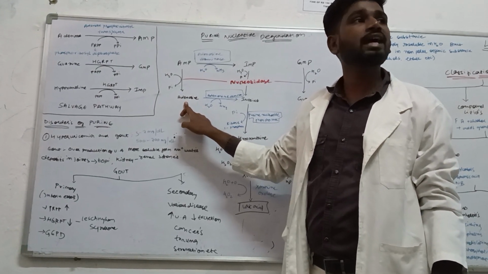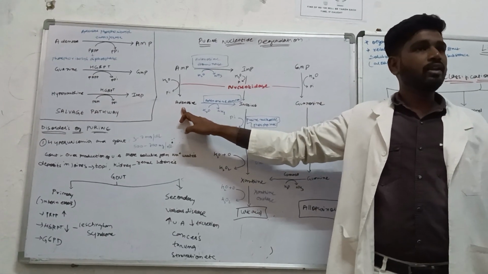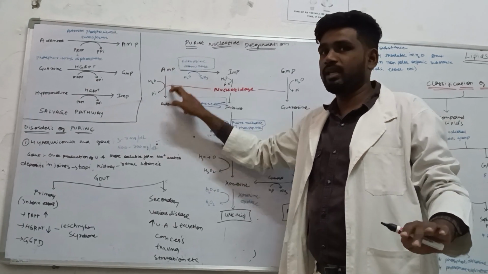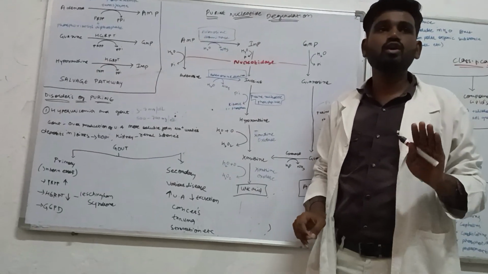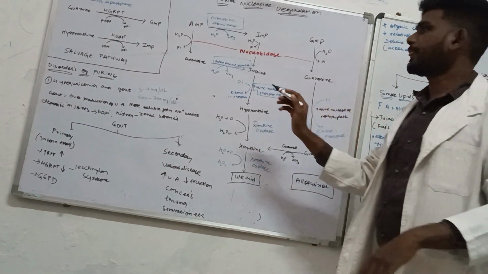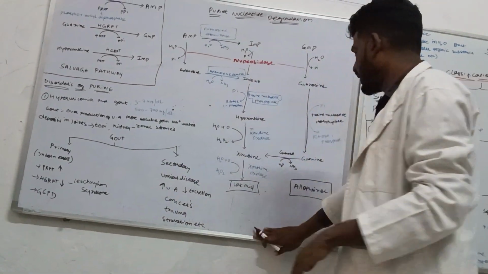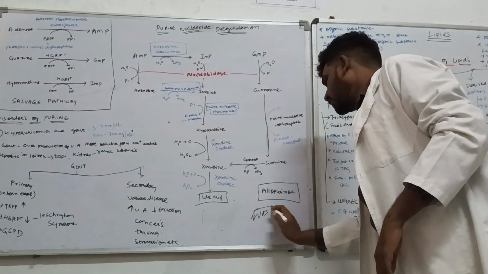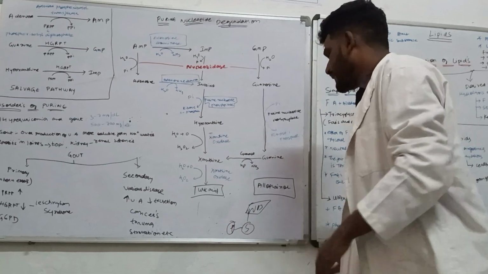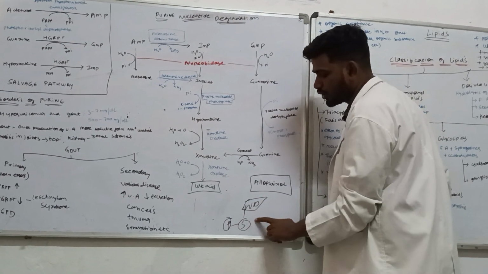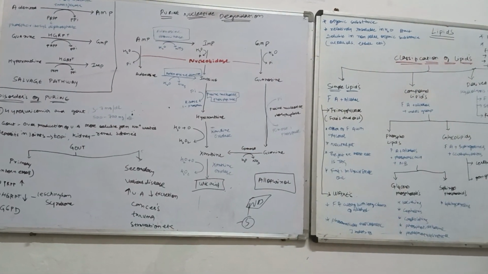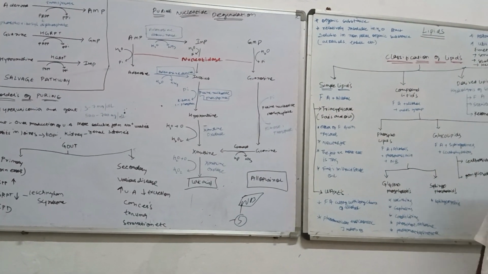which can be considered a nucleoside. If I delete the phosphate group from the adenosine monophosphate molecule, it can be considered a nucleoside. That is adenosine. Okay? I told you simply: if there is a nitrogenous base, along with a sugar molecule attached to it, and a phosphate attached to that, then these three structures together are called a nucleotide. If you delete one structure, it is considered a nucleoside. There are two types of things happening.